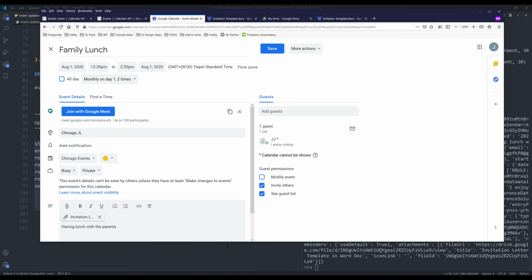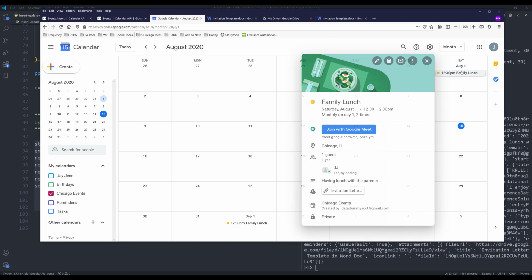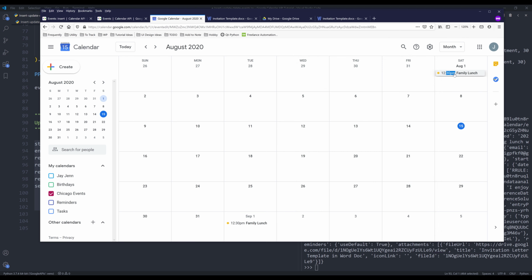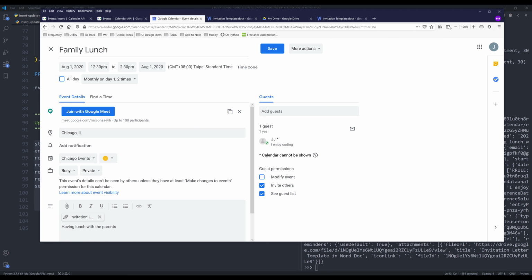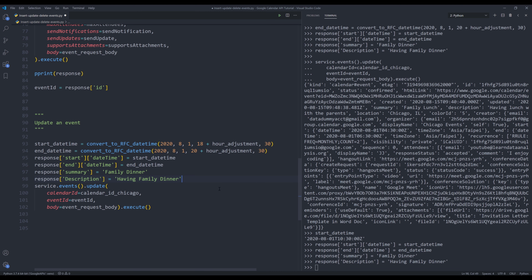and if I go back to my calendar, let me refresh my page. And I see, let's see. That's weird. Here, let me take a look. Hold on. Oh, I know why. This should be response, not event request body, because we're updating an existing event. Alright, so that was my mistake. Let me try again. If I just run this highlighted code,